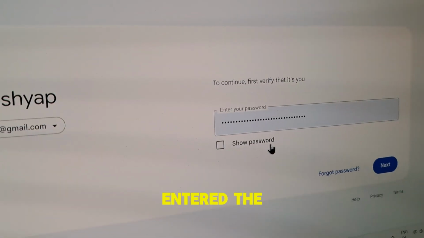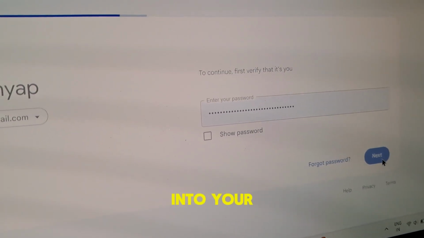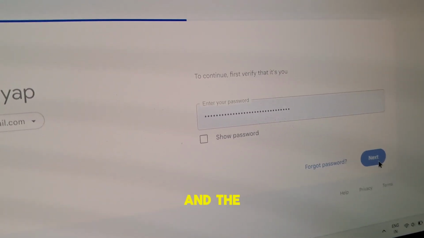It will open a completely new tab, just like this. You have to enter your password for the email. So let me just do it. We have entered the password. Let's tap on next. This will log in to your Google account and the channel that you are going